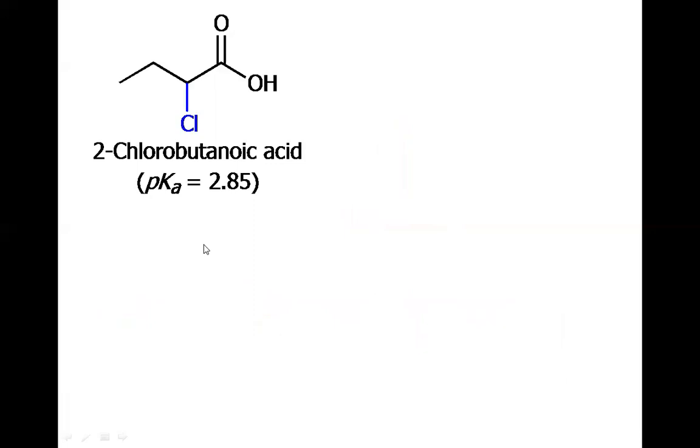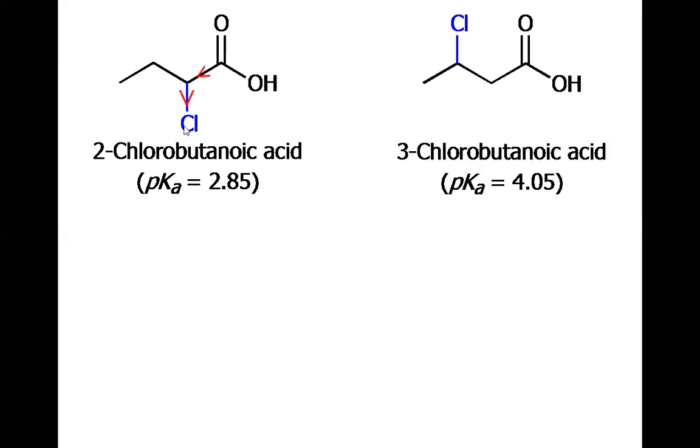We have also one more effect for halogens depending upon the attachments. For example, we have this chloro group attached at 2 position of this butanoic acid, which gives the pKa value to be 2.85. However, when we have this chloro group moved from 2 position to 3 position, the pKa value does not drop, rather it increases. That is, this 3 chloro species is somehow less acidic than this 2 chloro butanoic species.